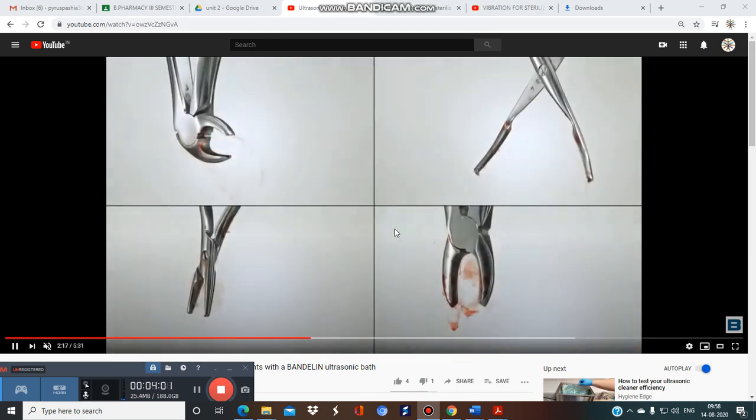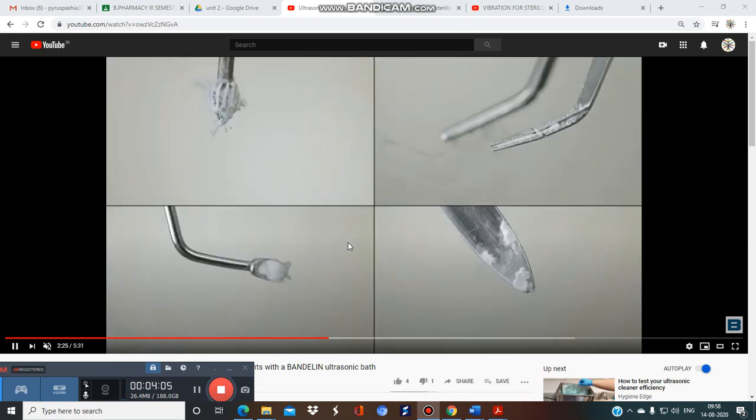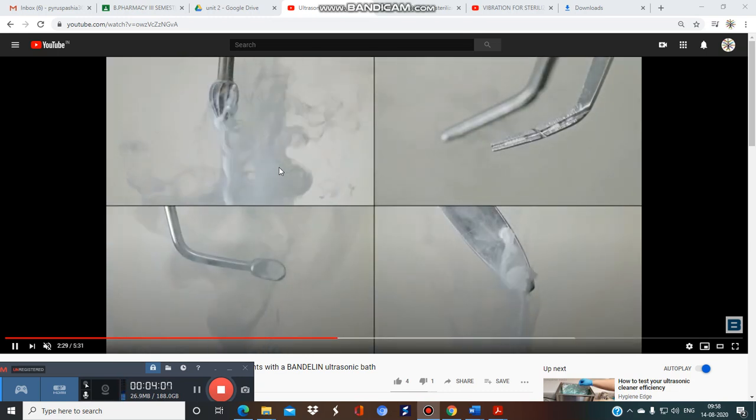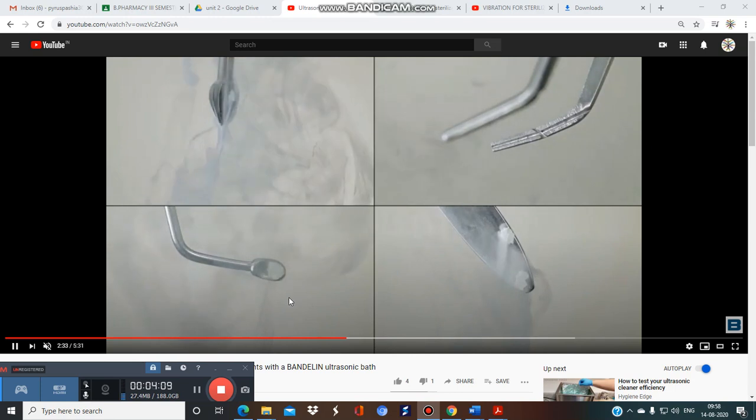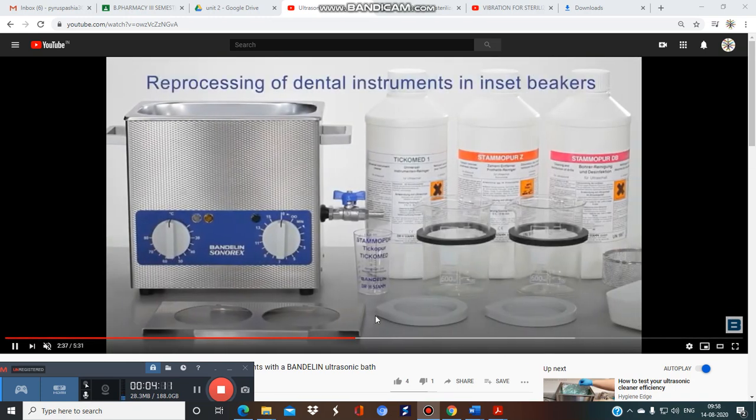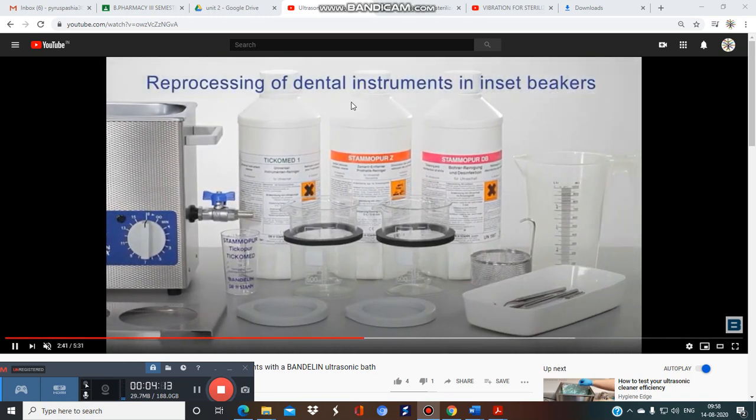So basically the slow motion photograph. In this way the disinfection, or you can say sterilization, is achieved, and this process is followed by drying, and finally you will see the disinfection of your particular instrument. So this is widely used in dentistry also, for the different types of surgical instruments related to dental dressings, etc.